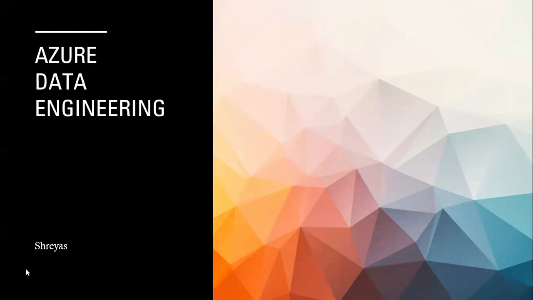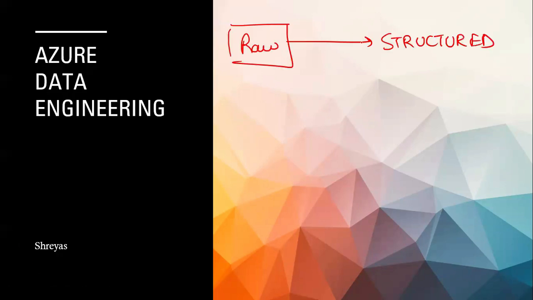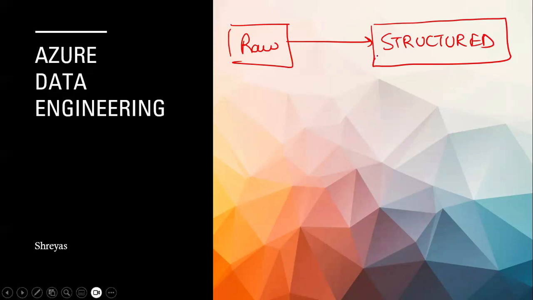So basically, the process of converting it to structured data, we call it, because structured data is the format that we want to achieve. This is what generally we want in order to do the analysis on the data. You may store this structured format in something called a data warehouse, right? The raw data may be present in the data lake, and that is all that we are going to study,